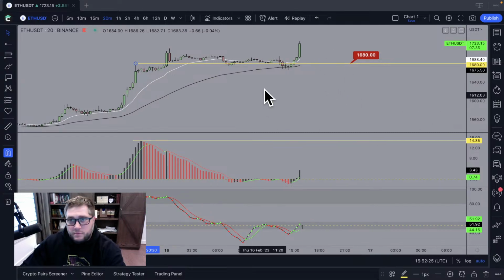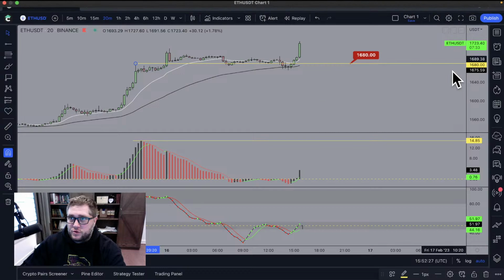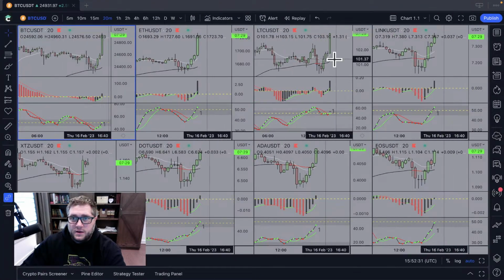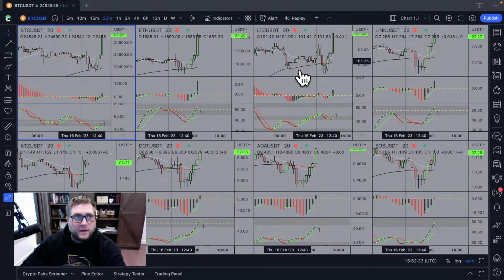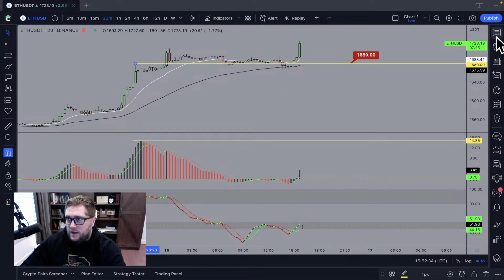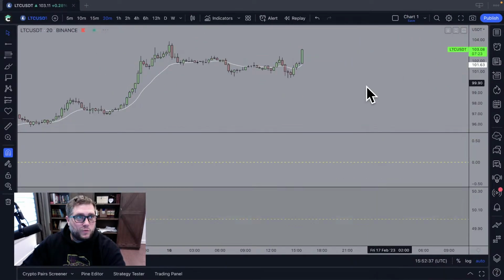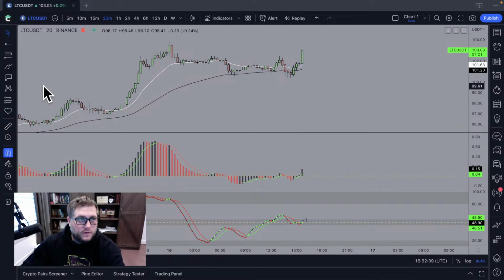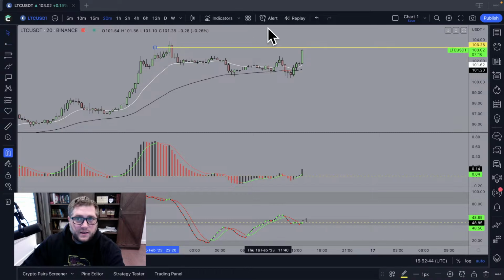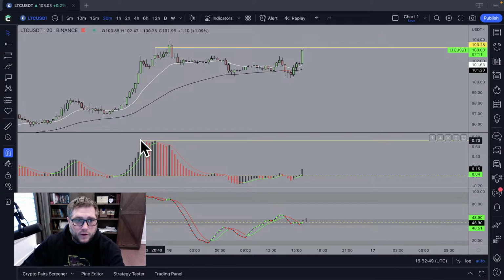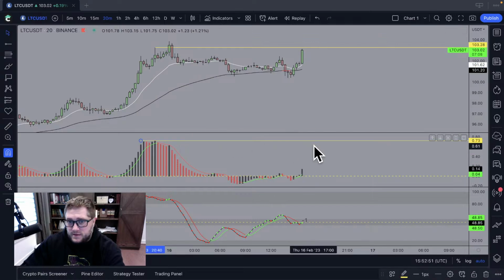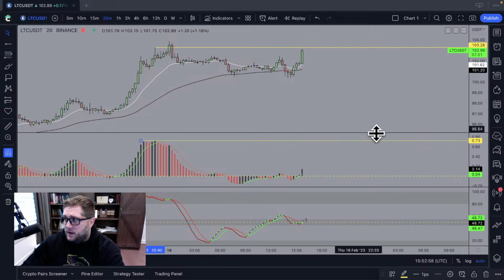We'll wait for it, and we'll scroll through the coins. Sit here and watch all the charts. Look at Litecoin. Litecoin has the same thing. Let's go over there to Litecoin. It's one down. Here's Litecoin on the 20-minute chart. See right here is going to be your divergence. Anything above that is coming up to it right now. So that's our divergence that we're looking for. And as long as this doesn't come up here and make a higher high, we have this divergence in play. Sometimes it'll come up there and break this divergence